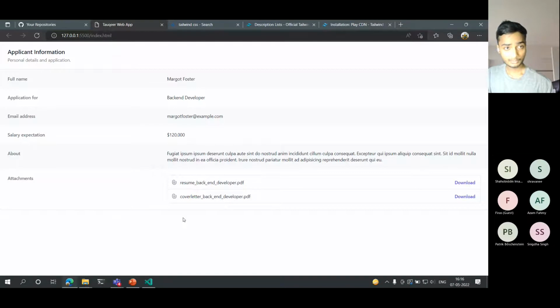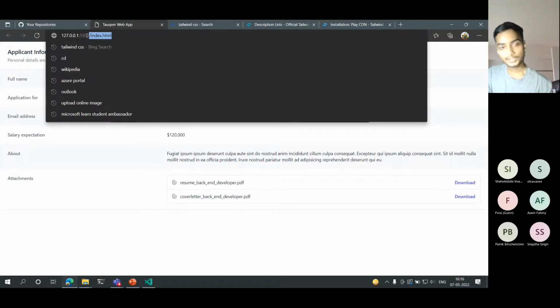So here comes the logical part. We do want it over our server so that I can share the link with different people so that they can access my information. But the thing is that this is a live server. I cannot share this with my friends, my family, or the client I am working for. So what shall I do now? I shall be using Azure. Now Azure comes into action. How shall we do it? Let us see.